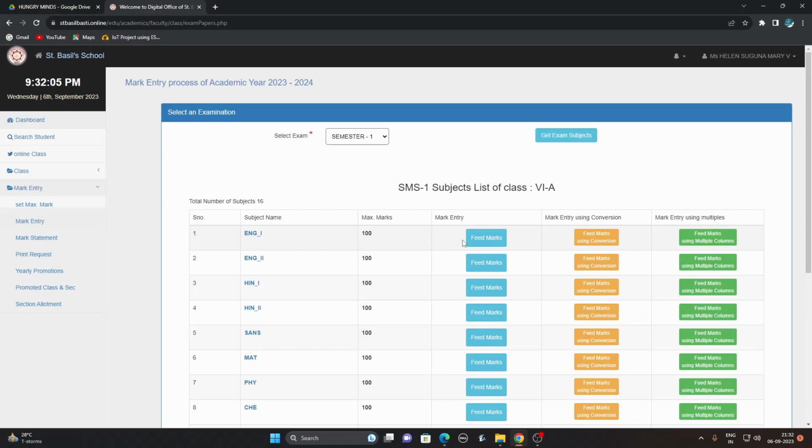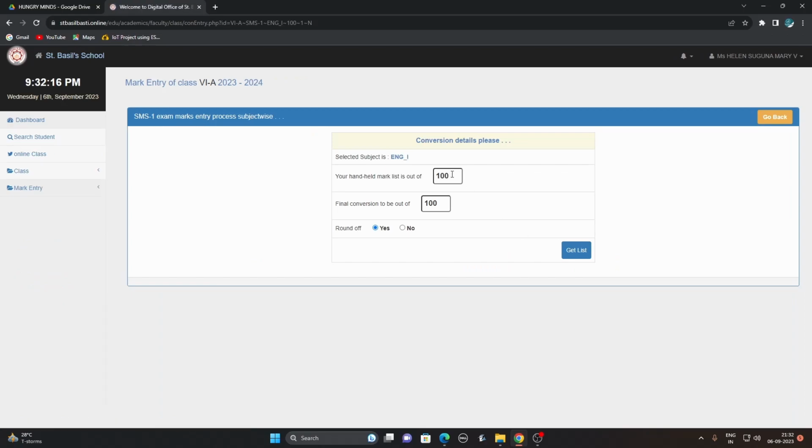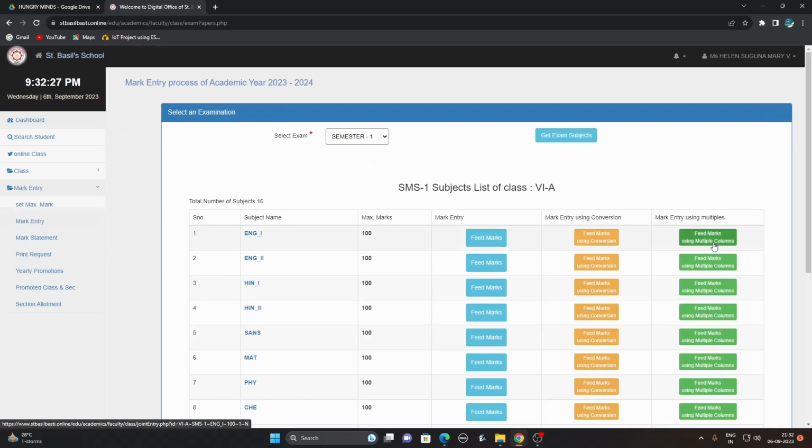If the mark is not out of 100 and she has marks out of 50, then she can enter marks with conversion by using this second option. The handwritten marks should be entered as out of 50, and when she prepares the list, automatically the list will be ready. And another one is that the marks can be entered